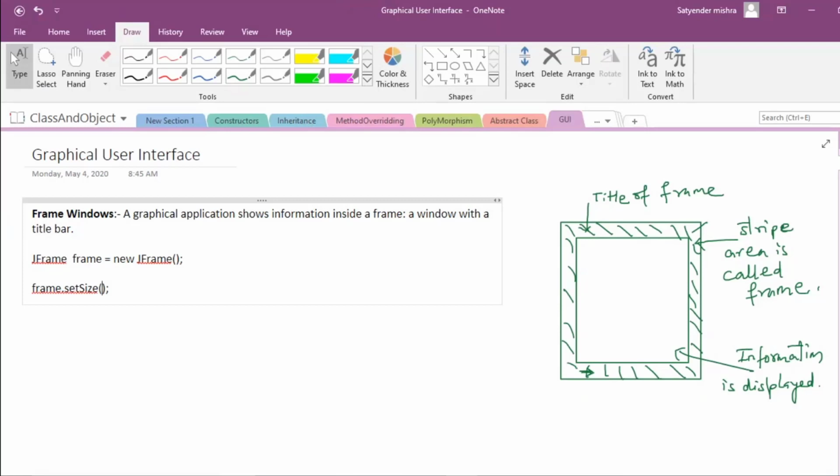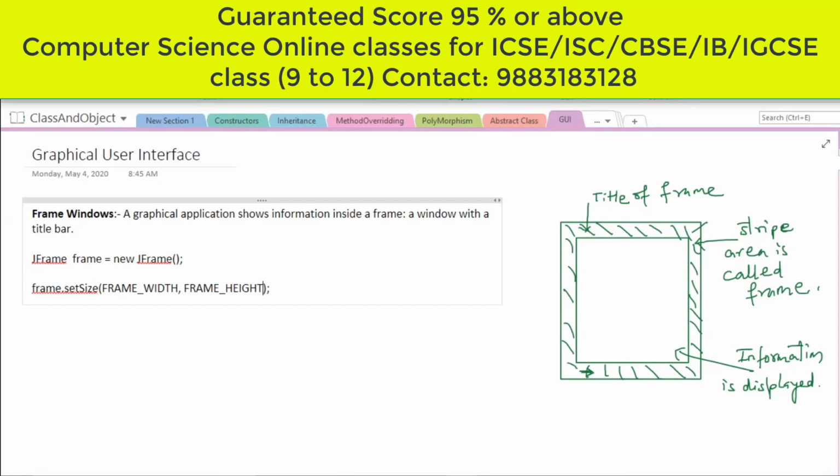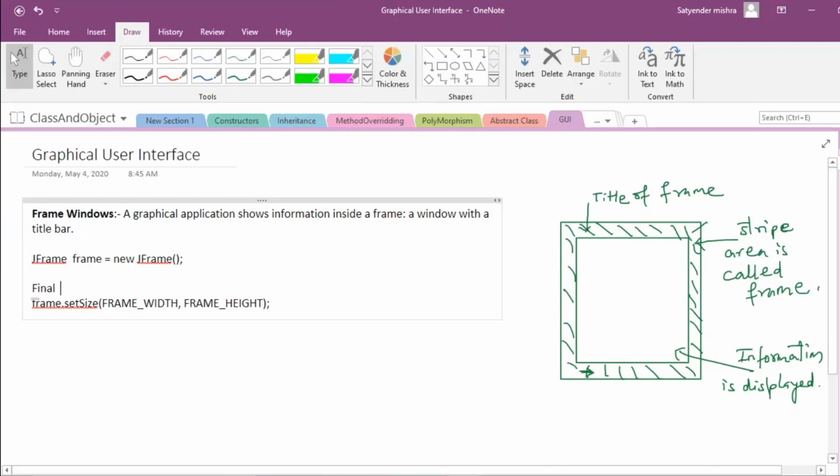So I can provide here FRAME_WIDTH and FRAME_HEIGHT. This is what we have to provide. FRAME_WIDTH and FRAME_HEIGHT are both basically constant variables, so you can declare them. How do we declare a constant variable? You have to use a keyword called final, then int. So final int, and then you can write FRAME_WIDTH,